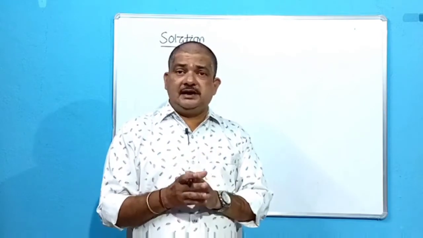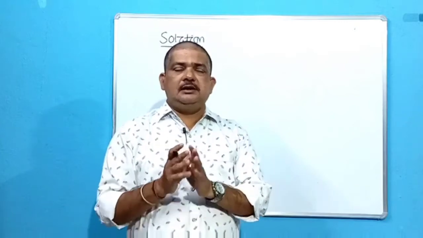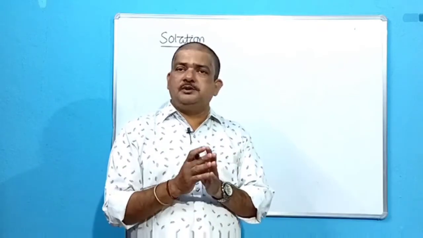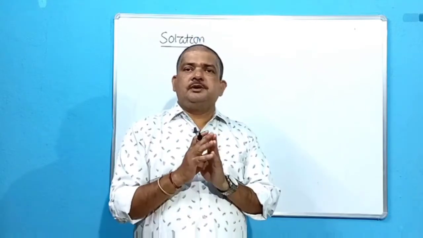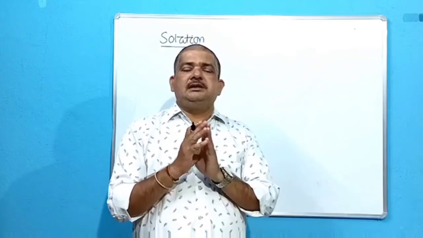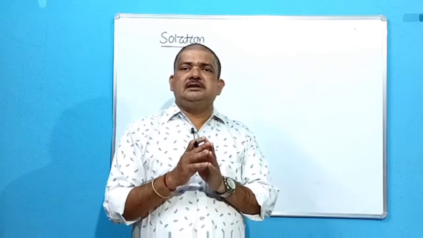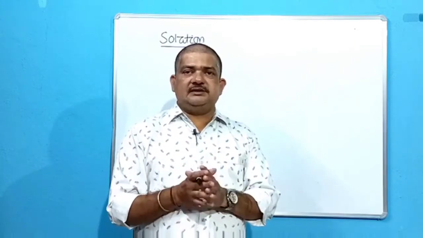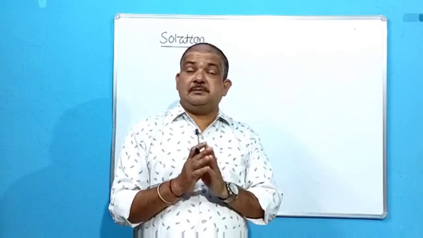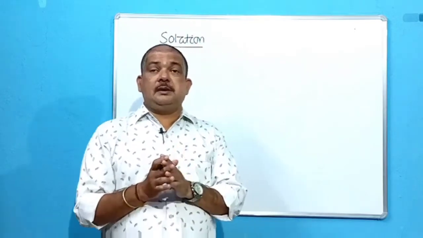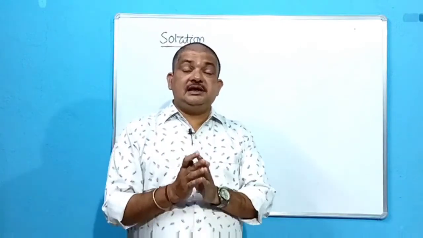What are the components? Now we have added salt to water, so the components are salt and water. Together they have made a homogeneous mixture, that is called a solution. So we cannot distinguish between the constituents by any means. There is no surface of separation. They cannot be separated by gravitation or filtration. They can only be separated by special methods like heating, that is evaporation, crystallization, etc. Okay. So that is a solution.